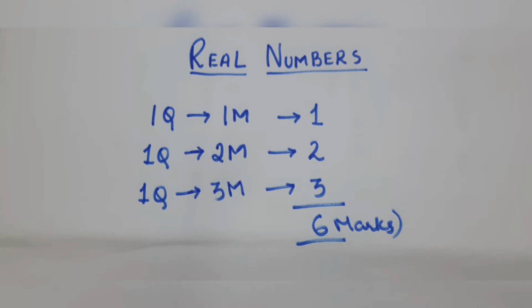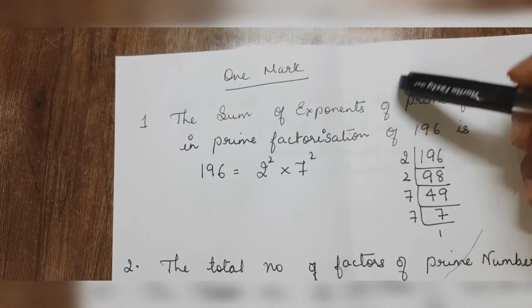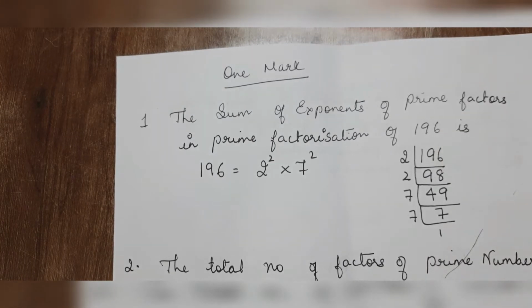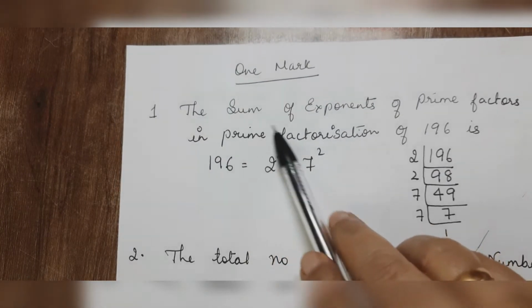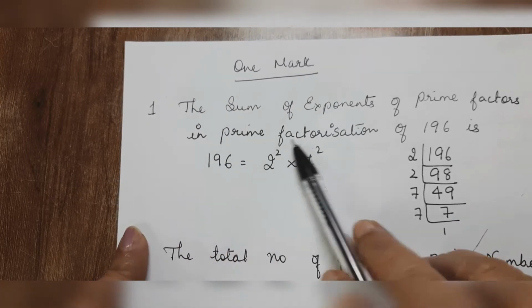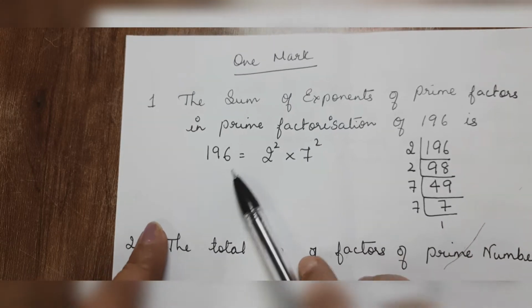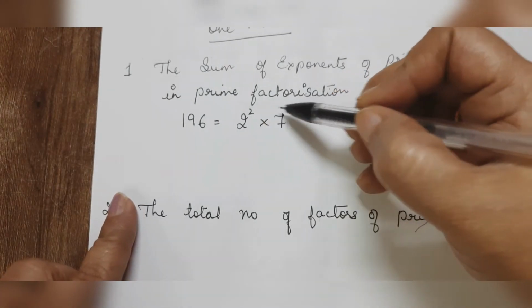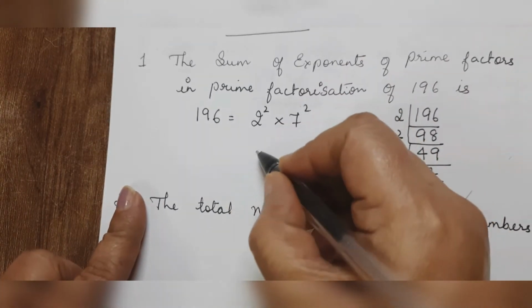I have planned this video such that it covers all the concepts, that is 1 marker, 2 marker as well as 3 mark. So take pen and pencil along with you and work out as we proceed. For 1 mark questions, I have planned all the unique questions which will give you a better insight of all the concepts. The sum of exponents of prime factors in the prime factorization. They are not asking you the prime factorization of 196, they ask you the sum of the exponents. So when we prime factorize, the exponents are 2 and 2, so 2 plus 2, we have 4.